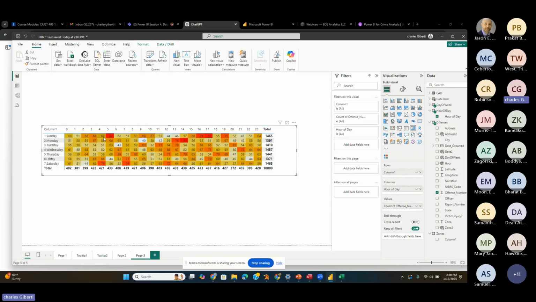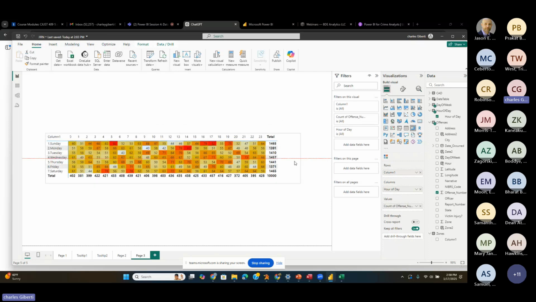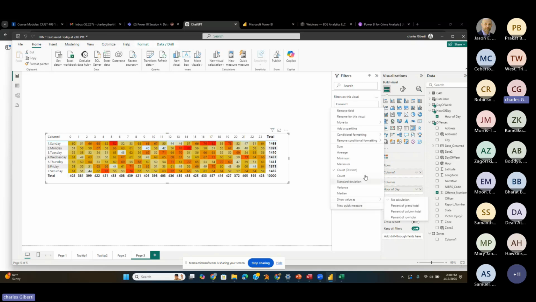And so, of course, most of the time, 4 a.m. to like 8 a.m. is usually pretty quiet. It's all simulated data, so we've got some funky patterns in here. But you would not be able to make this visual accurately without modeling. You can do it with just the offense table, but you're going to run into some problems, especially if you don't come in here and select